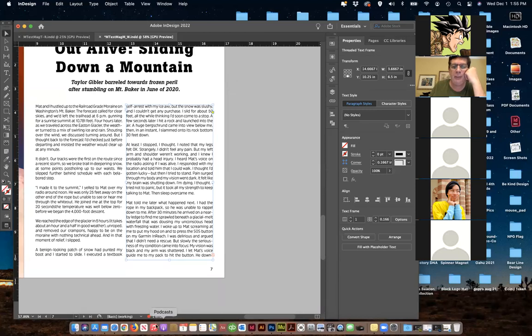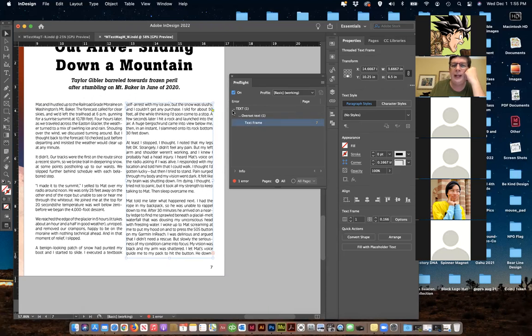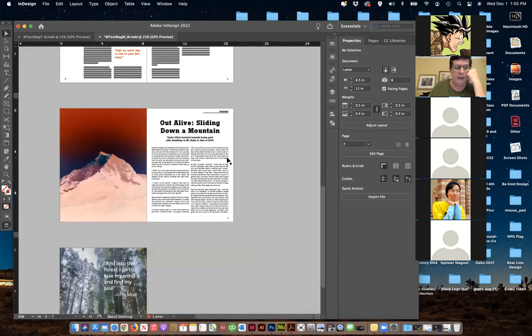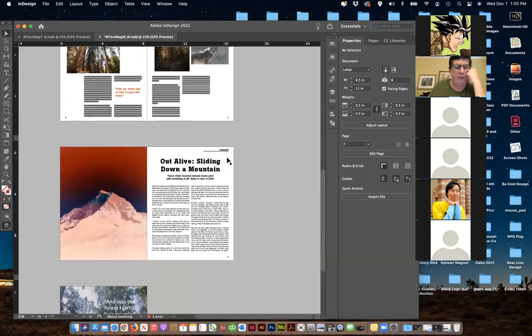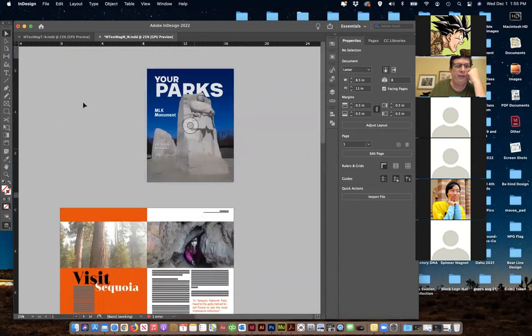So when you get an error message, just go down here, open the pre-flight panel, and that'll come up and show you what that is, and you can just click and it'll take you to that error. Okay, it'll take you actually to that page. So you can see that. All right, so I think we're good. We're there, we got numbers, we got a quote on the back, looks good. All right, so let's save this